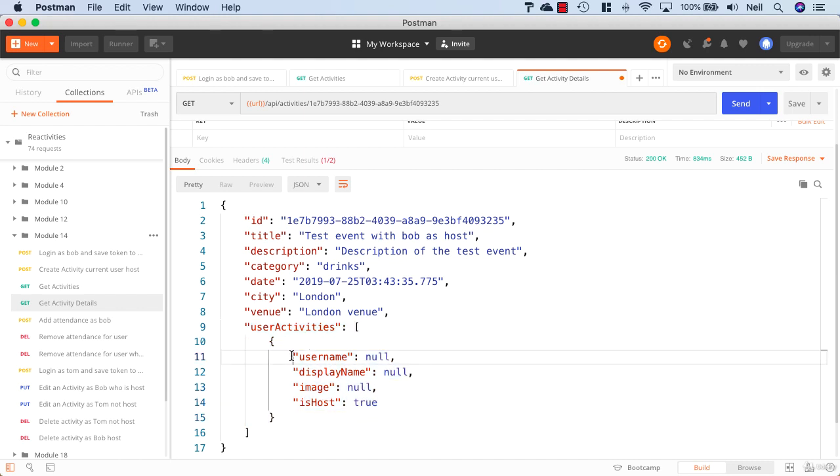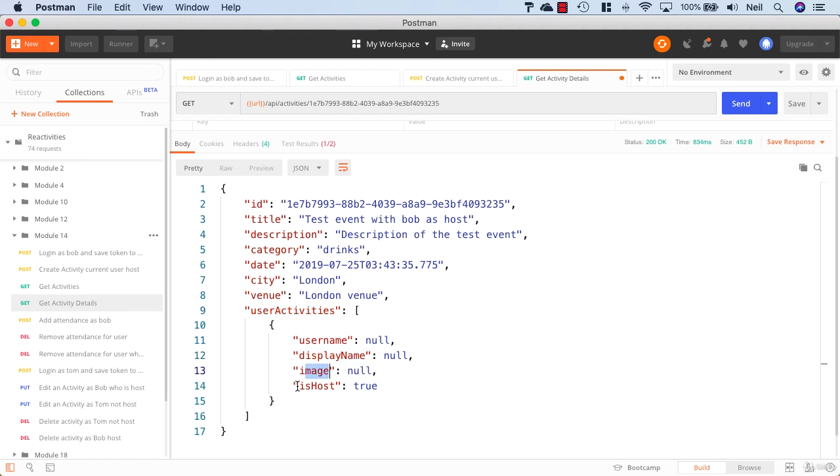Now we don't get the properties for the user because we need to configure these, because AutoMapper can work out simple mappings, no problem, as it has done in our activity, but where we've got our username, this is not available inside the user activity object. This is available in user activities and then the app user object, and the same for the display name and same for the image. But because the isHost is available inside our user activity, then it has picked up this